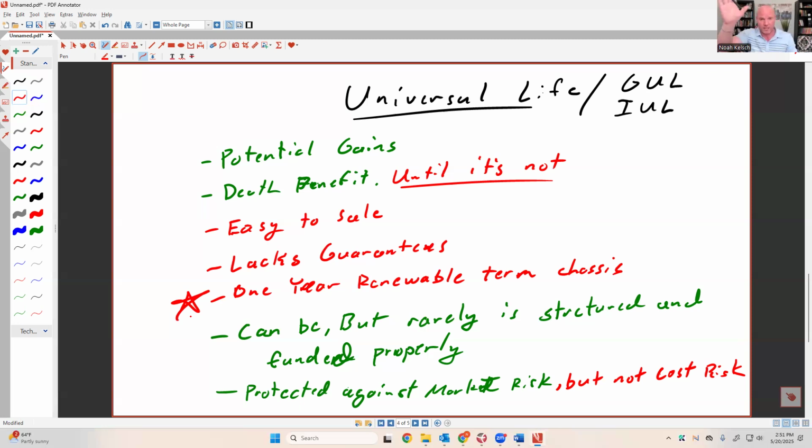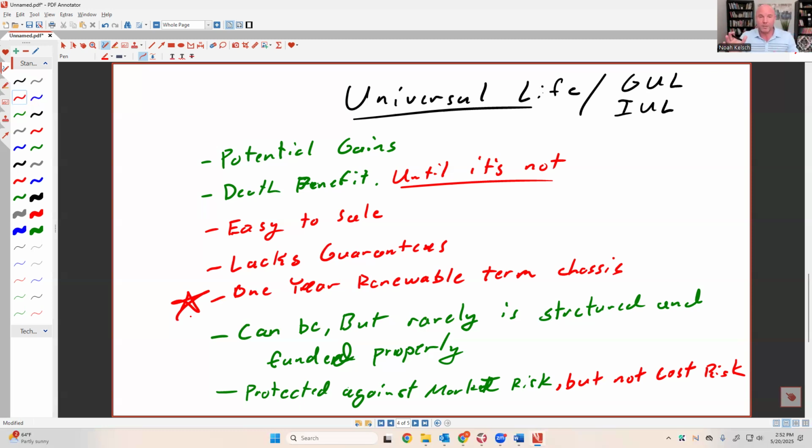And then the insurance company says, thank you, have a nice day. Bye now. You thought you had a permanent policy. You didn't. You had a universal life policy. You thought you had a whole life policy. It's not whole life. So make no mistake. If you have a universal life policy, make sure you talk to somebody who knows what they're talking about. Now,